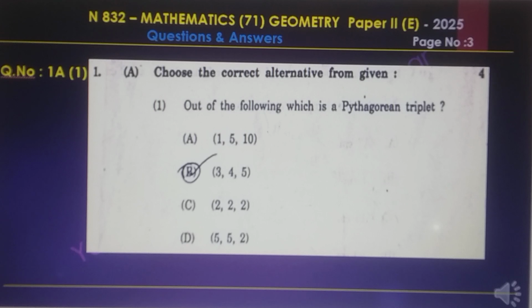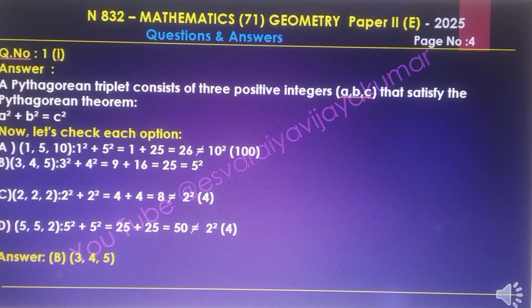Choose the correct alternative from the given. Out of the following, which is the Pythagorean triplet? Answer is B, 3 4 5. Here are the answer explanations. A Pythagorean triplet consists of three positive integers A, B, C that satisfy the Pythagorean theorem: A square plus B square equal to